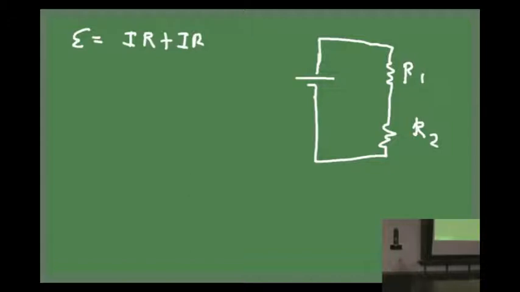So think about what would happen if, in the setup that we had with the light bulbs, each one of these resistors was actually a light bulb. What would happen to that circuit if you unscrewed one of the light bulbs, removed one of the light bulbs from the circuit? So you're taking one of these out,